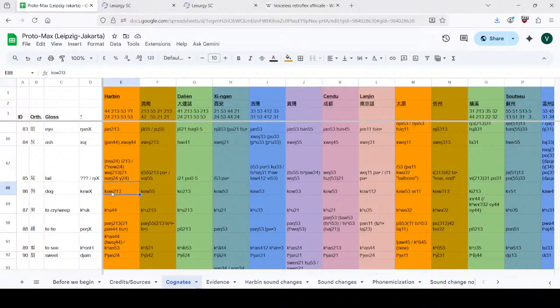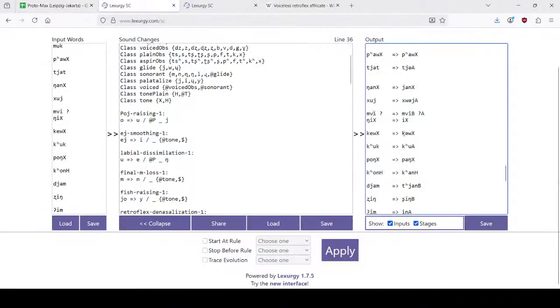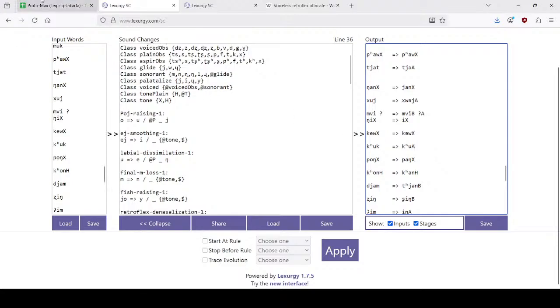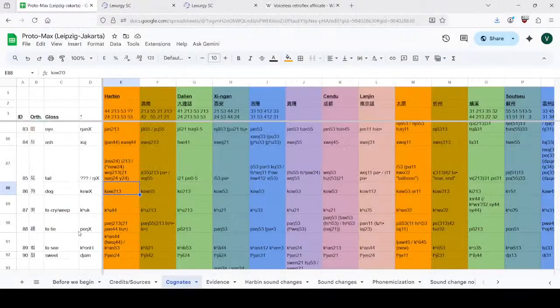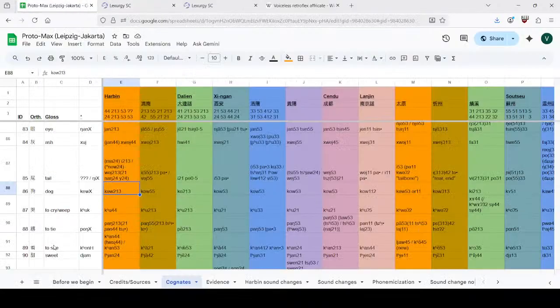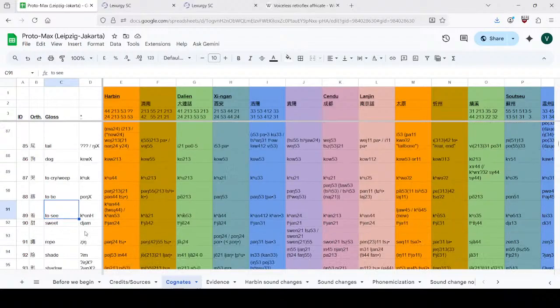But yeah, let's go to dog, which is gout becoming goal. Checks out. To cry, to weep, cool becoming cool again. Checks out. Bong becoming bomb. So checks out. To see, from con becoming cat,